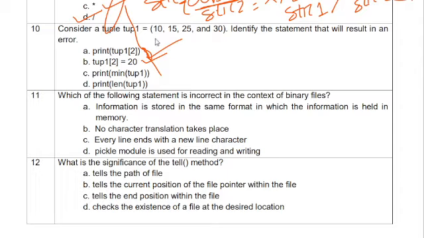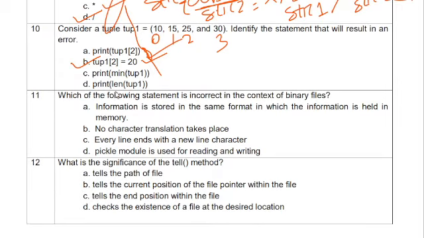If we see the indexing, this is the 0th index, 1st index, second index, third index. So tuple1[2] is 25, so writing 20 will be wrong. Print min(tuple1), len(tuple1). So the statement that will result in an error is the assignment.